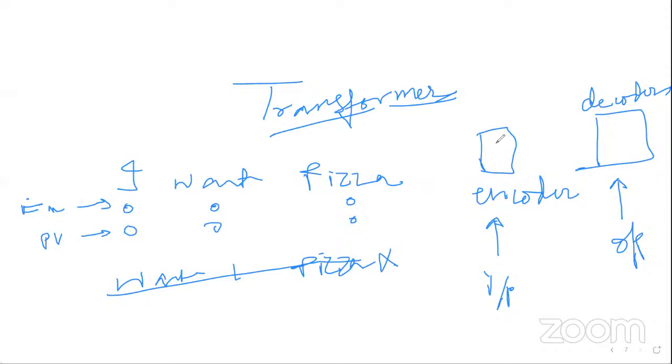Now what happens once it gets into the encoder? What does the encoder do? It tries to mask a few of the words and predict that particular set of words. Let's say "I want pizza", and "want" is masked, like a fill in the blanks: "I dash pizza". It tries to predict "want". In the next iteration, "pizza" is removed and you need to predict "pizza".